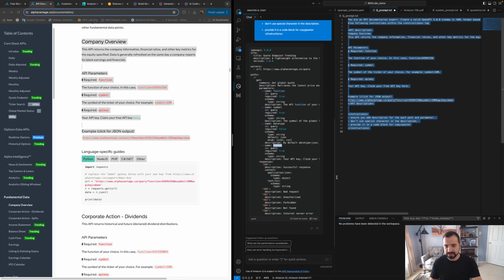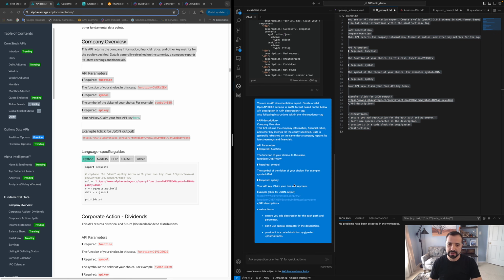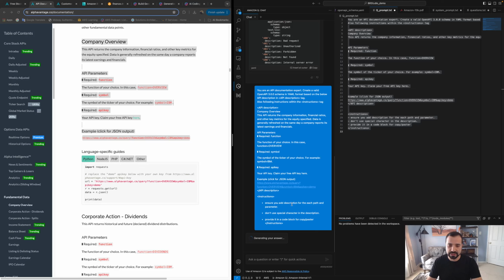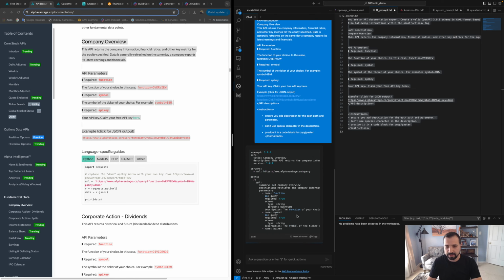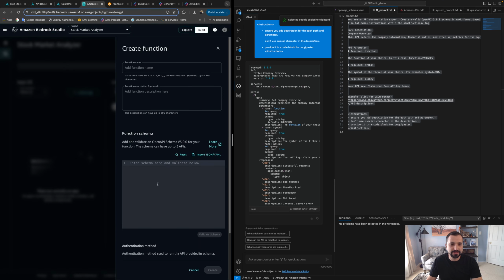We're going to copy this entire thing and come back to our friends, Amazon Q for developer, and go ahead and ask it to create the OpenAPI schema for us. And the expectation is that it should do the same with some differences, like for example, the parameters will look a little bit different, because here we have only 3, and that looks accurate to me. Again, the important stuff here is what is the server URL that it's pointing to, and that is the correct one. So we can just copy this as is, and we go back here and we paste it,